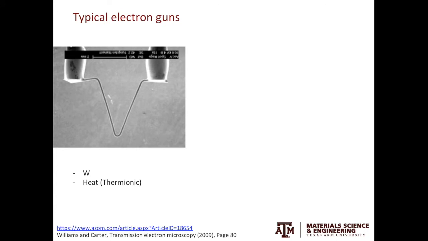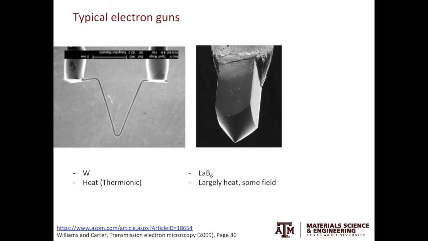The first type is the hairpin-shaped tungsten filament. The generation of electrons is purely by heat, so that's why it's called the thermionic source. The second type of the electron guns is called LaB6 or lanthanum hexaboride. Again, the generation of electrons is largely by heat because the crystal has a pointy end, so there's some field